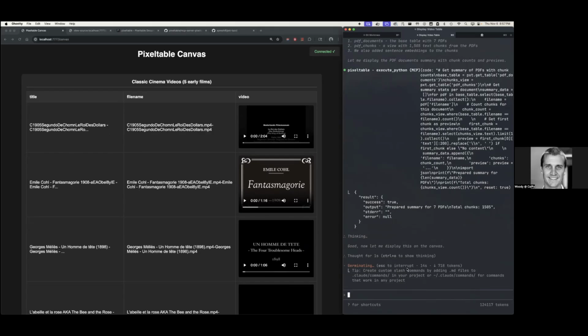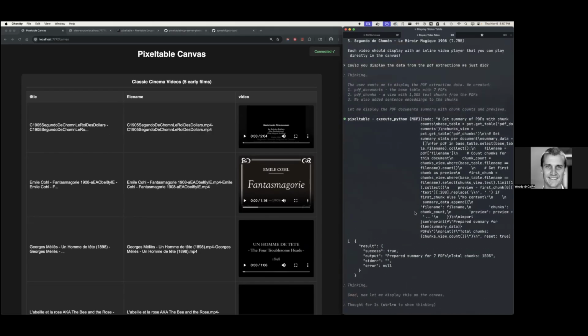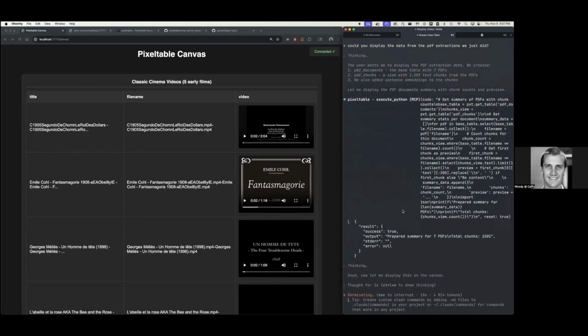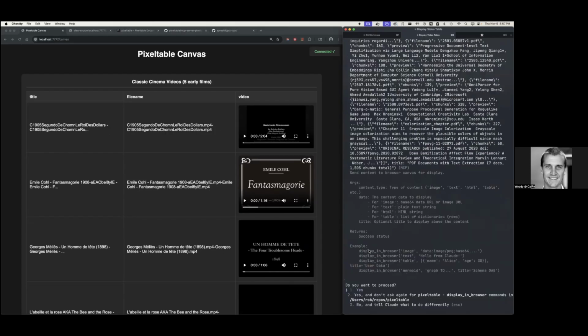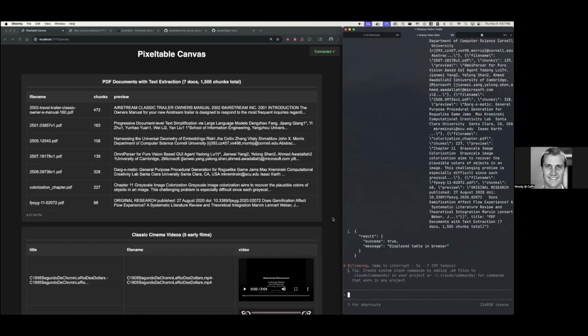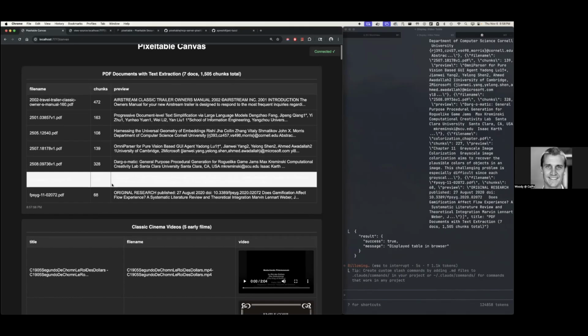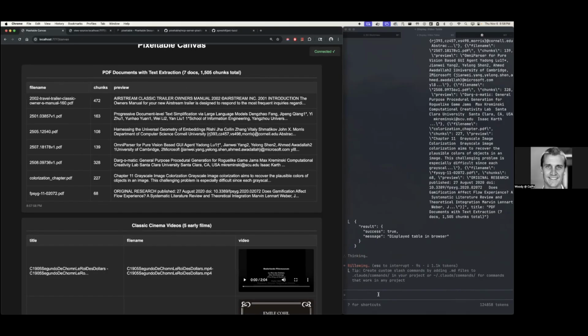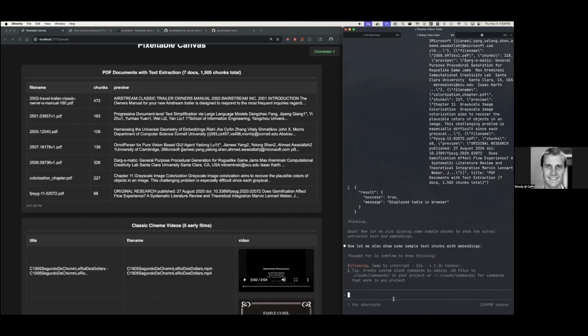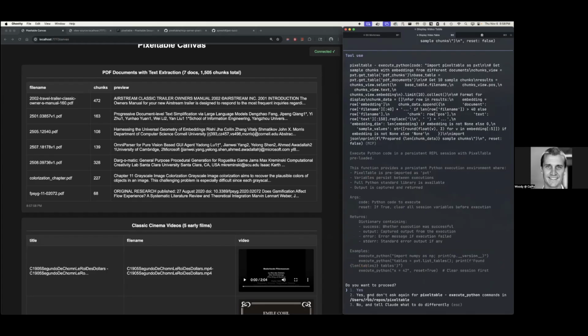So now I'm just saying, earlier I did a little RAG real quick with Pixeltable. I had it ingest PDF files, then chunk them and make embeddings while I was watching the demo. And here's the output from that. It looked at these PDFs and chunked them and then showed some of the data. And then you could also show the embeddings for it. Oh, it's actually doing that. It's saying it's going to show me the text with the embeddings.